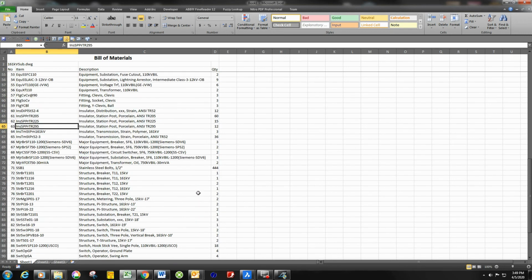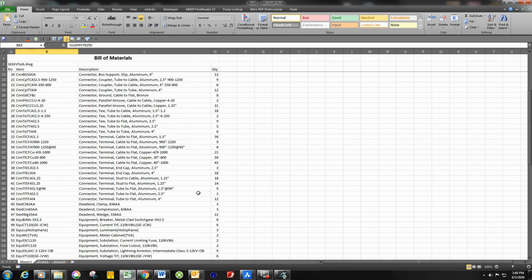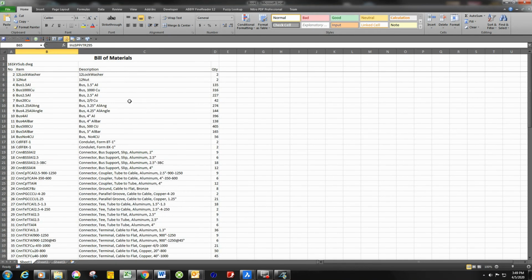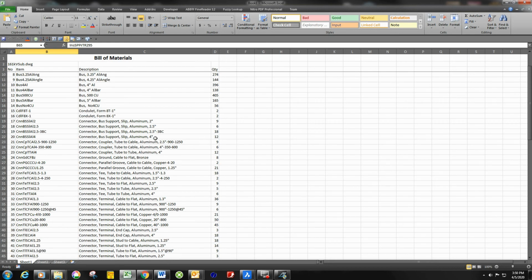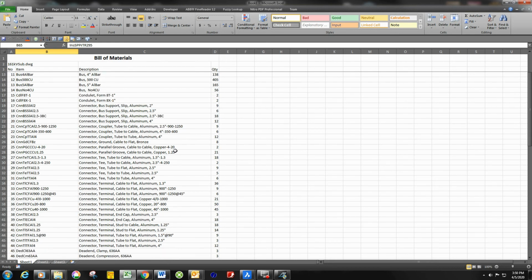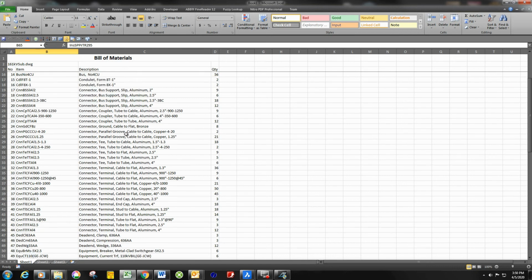And in fact, that's the main reason for this. Most utilities don't go out and buy this material themselves. They usually go through a substation packager. However, it would be good that when that substation packager sends their bid in and they've got a bill of materials included, you can go down through there and check against your numbers, and if you see any that certainly are lower than the numbers you have here, that would be the time to question the supplier,